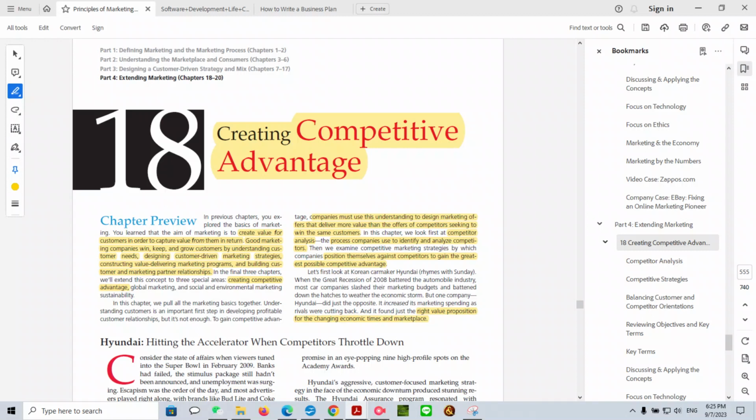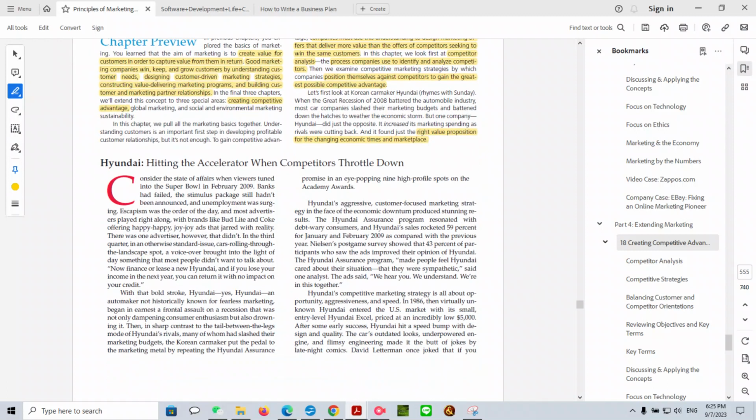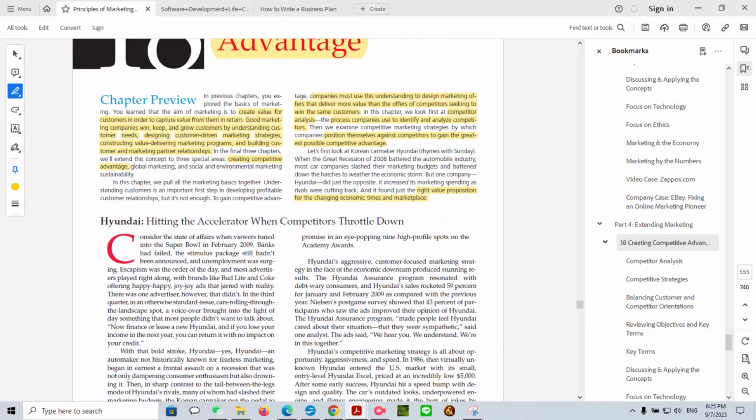You notice it says the right value proposition, according to changing economic times and marketplace. Here we have a case example about Hyundai hitting the accelerator when competitors throttle down, and that refers to marketing budgets. They found a way to do that, which I'll have you read about, but I will